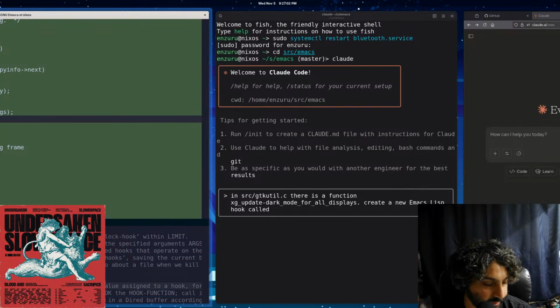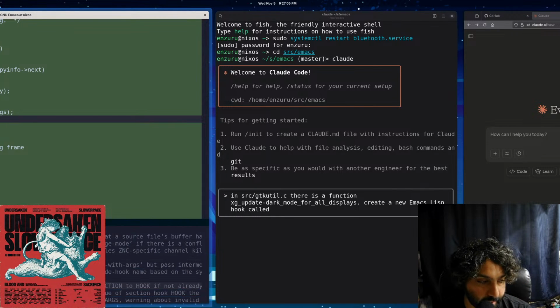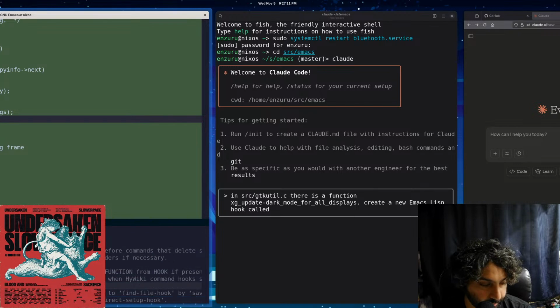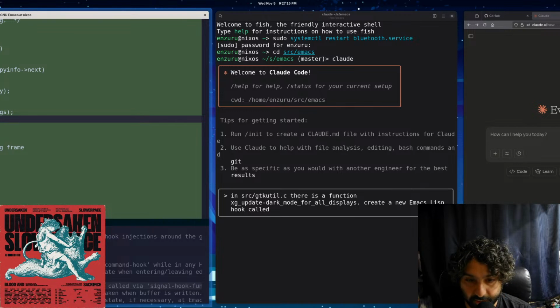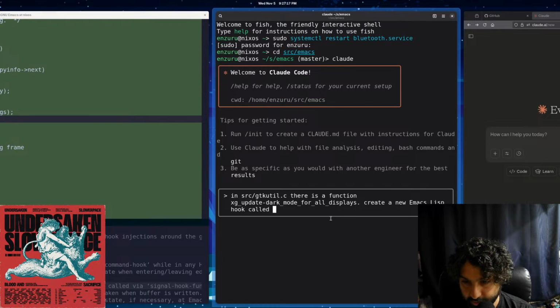Yeah, because I feel like if we just put dark mode hook, that could not necessarily refer to the operating system or the desktop environment. That could refer to anything, and I think that's a little vague. But maybe we can just refactor that later and not get too hung up on the naming of it. Okay, cool. Let's just create a new Emacs Lisp hook called dark mode toggle hook and have that called